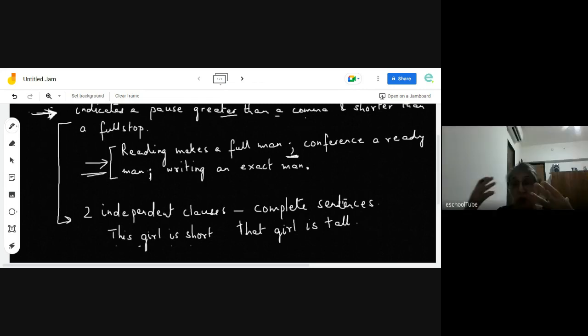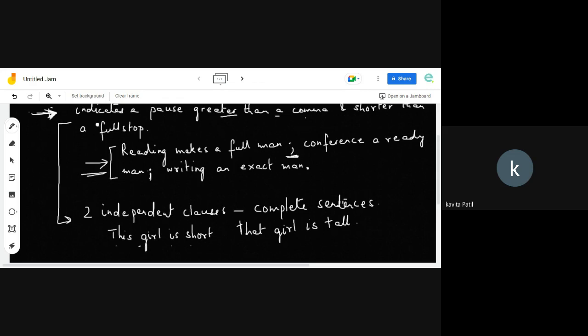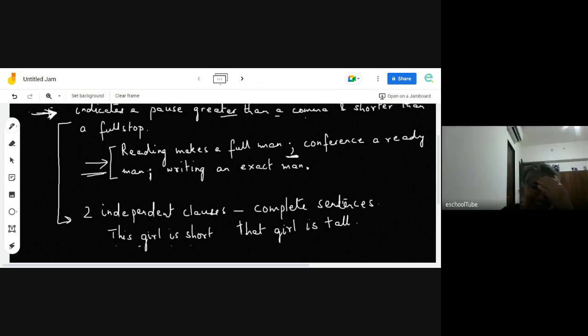What should be there in the sentence? Full stop. No, when do we say a sentence is complete? Anybody can raise their hand and tell me. When do we say a sentence is complete? When it has,